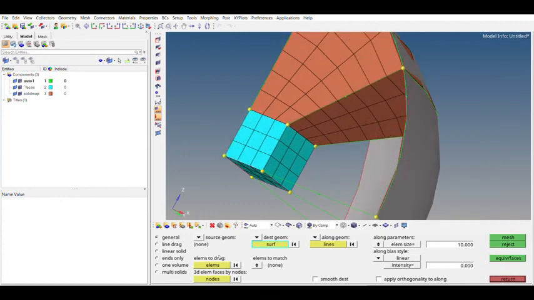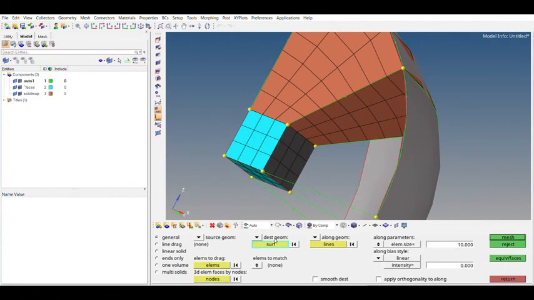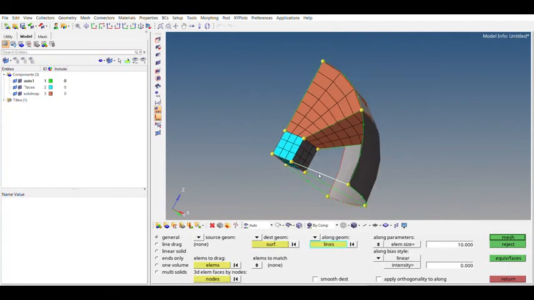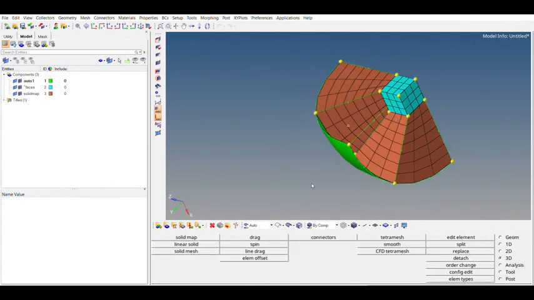We need to repeat the same process for all the three sides that are facing the sphere. So by face, now again selecting the surface. Now selecting line. The line should be the one that is along the geometry. Mesh size now. The only one thing that is left is this space.